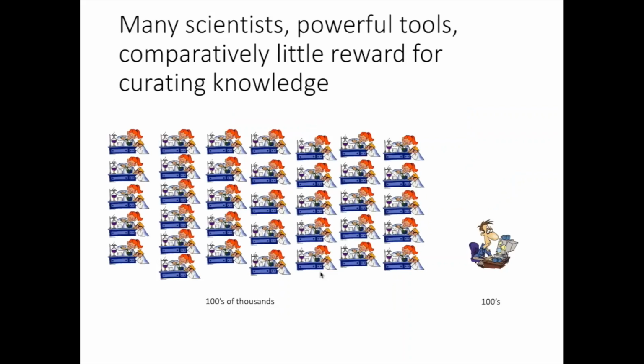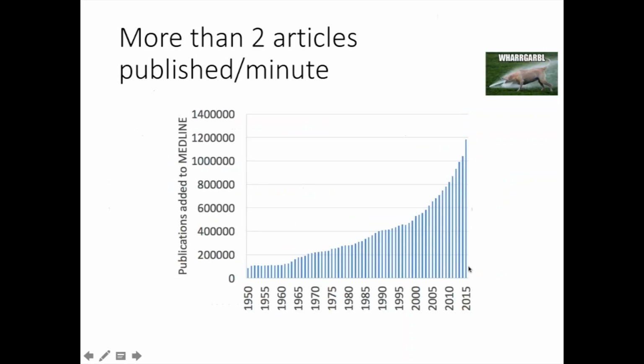The problem is this. The problem is that we have vastly more scientists doing this kind of work for much greater rewards than we have data curators. I mean, I'm not making the numbers up. We're probably talking about hundreds of thousands of scientists that produce things that literally only hundreds of data curators need to process. And just because I can't do a talk without presenting this particular slide about the growth of knowledge,